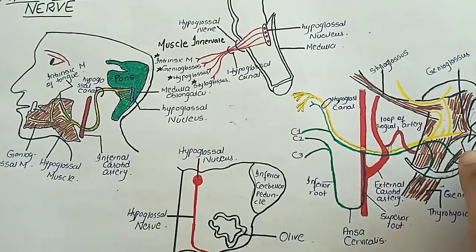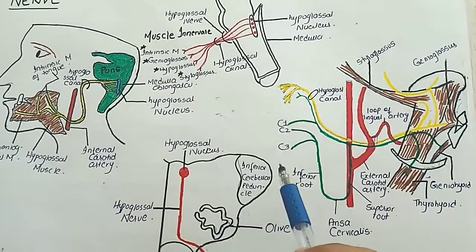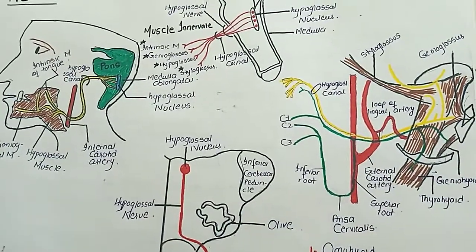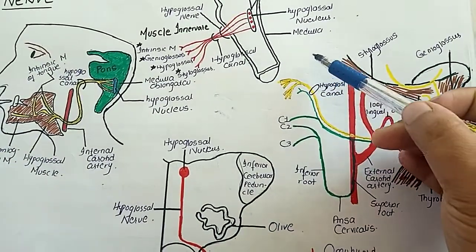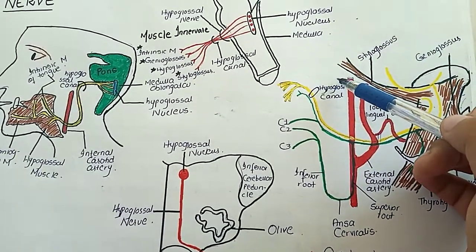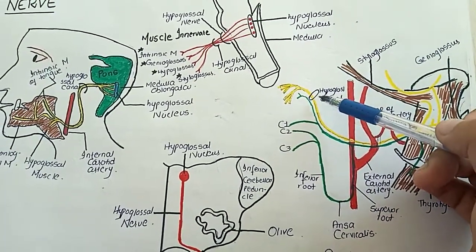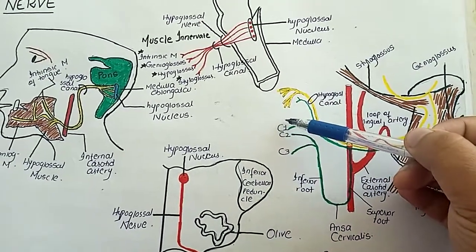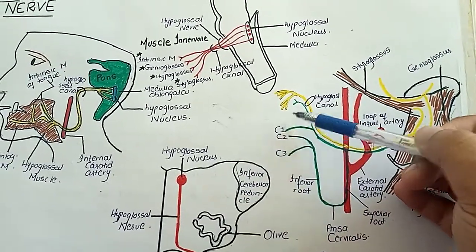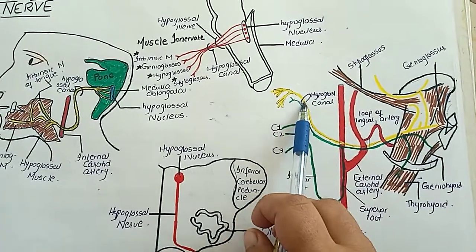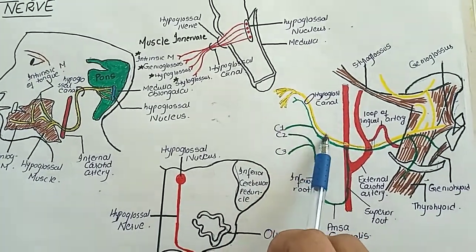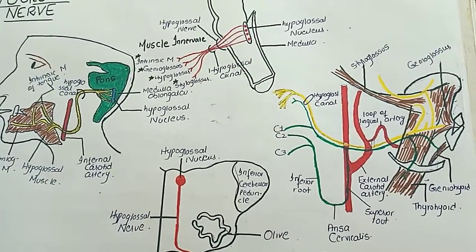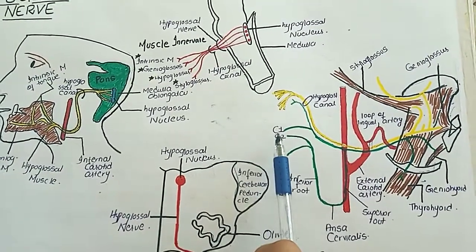Now I will explain the ansa cervicalis in relation to the hypoglossal nerve. The hypoglossal nerve emerges from the medulla oblongata, as I told you earlier, and below the medulla oblongata is the spinal cord, and here are three segments of the spinal cord. The hypoglossal nerve gives innervation to the intrinsic muscles and three extrinsic muscles of the tongue, and some